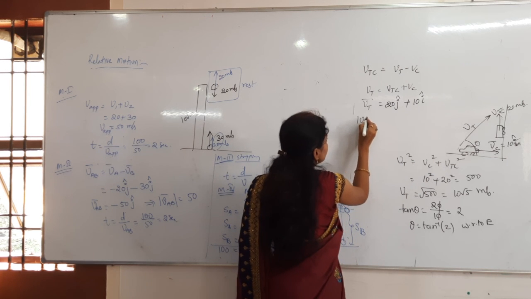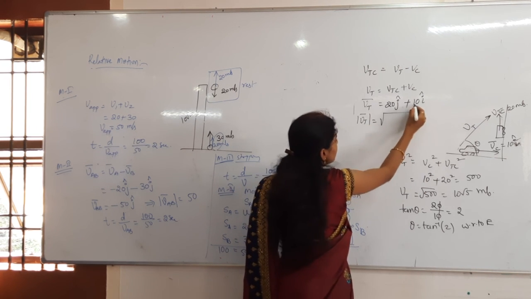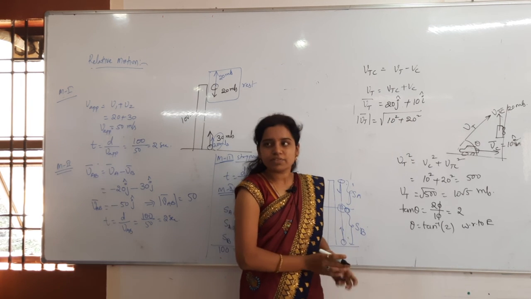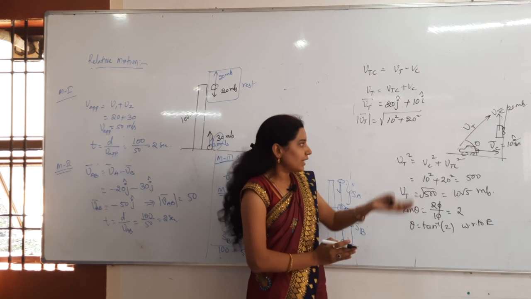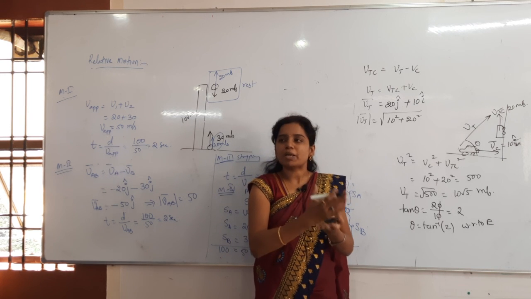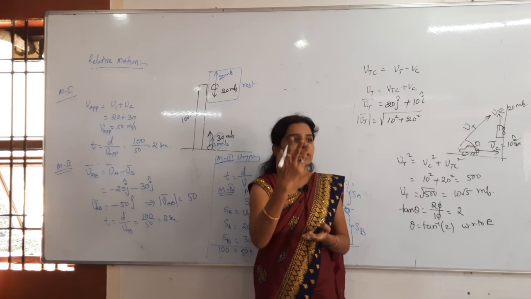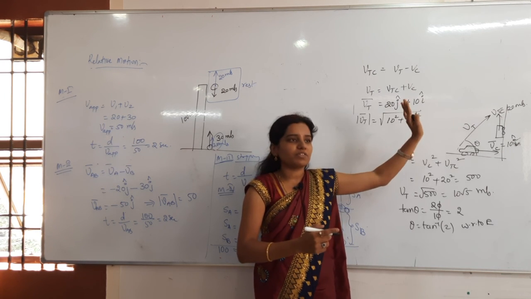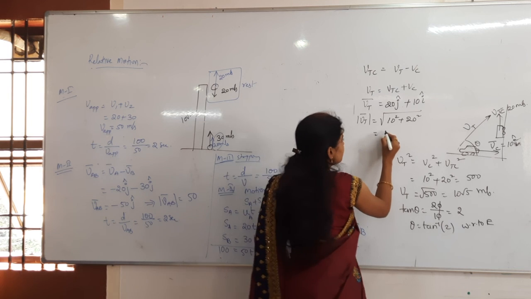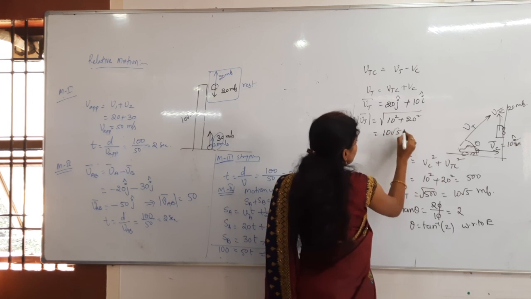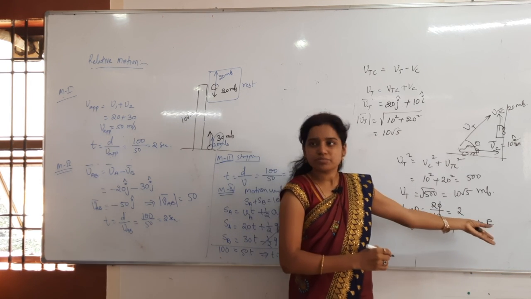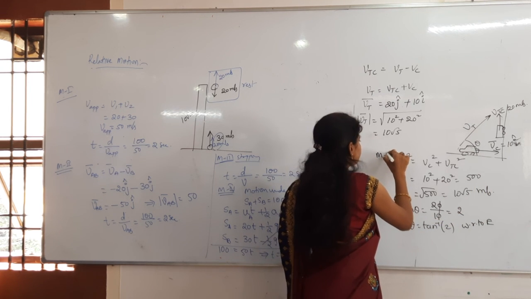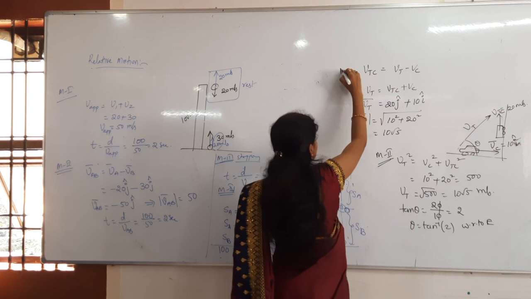Now the modulus of Vt bar is under root 10 square plus 20 square. Understand, right? Va square plus Vb square. Otherwise, since both are moving perpendicular to each other, the relative velocity formula is under root Va square plus Vb square only. Then this will give you again 10 root 5. Again tan theta is the same. So any method you can follow, either Pythagoras law or the vector method.